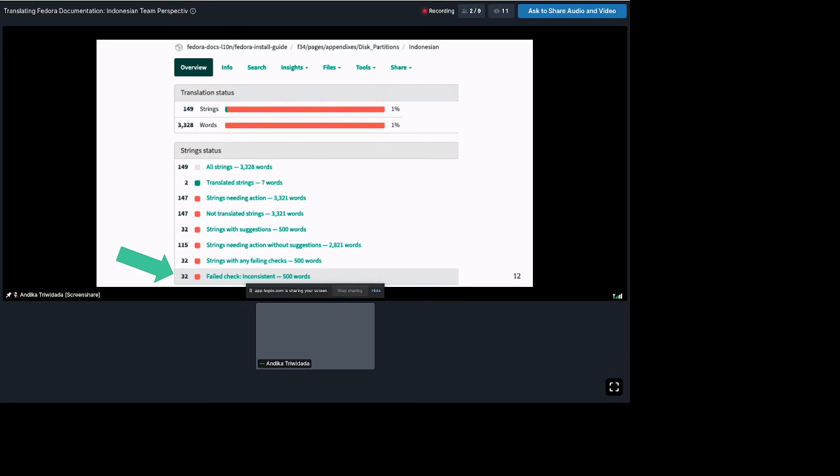I have tried to translate not only from English to Indonesian, but also to Japanese and Sundanese, and I got frustrated because, for instance, Japanese and Sundanese don't have sufficient terms for technical terms. So I got stuck so many times.